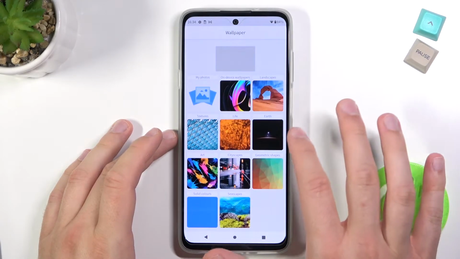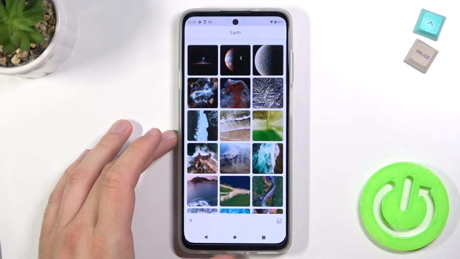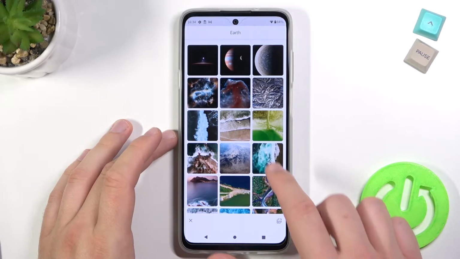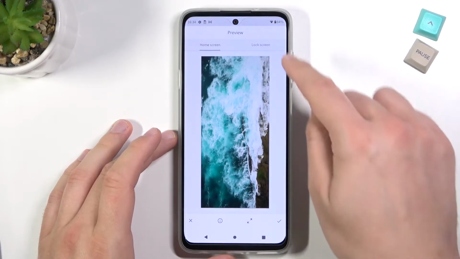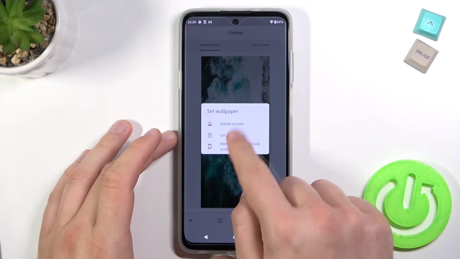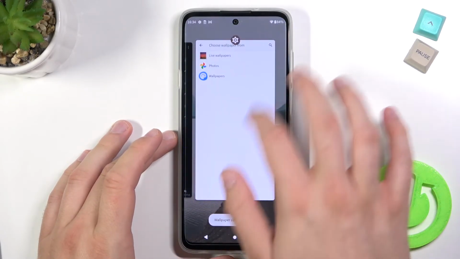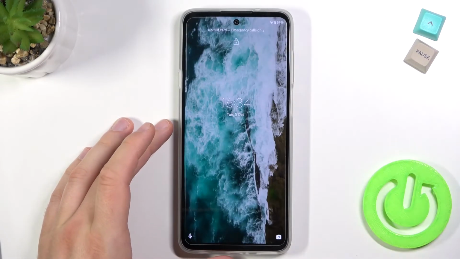I would like to change to Earth, and I want to get this one. And then tap on the marker and click to select on the lock screen. Take a look right now. As you can see, our lock screen